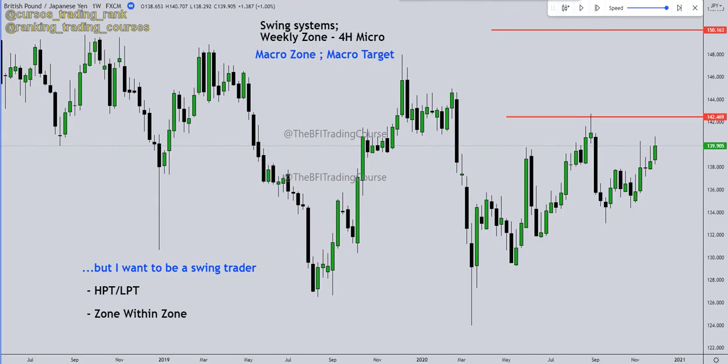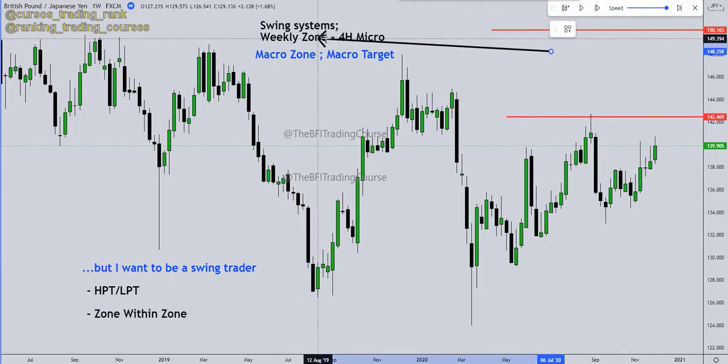Okay, it's not based on the bias, we didn't say it's based on the bias, because you can take a swing trade against the bias. Yeah, it could happen. But any weekly zone has the potential to be a swing trade, it has to be treated accordingly. Okay? Too many of you